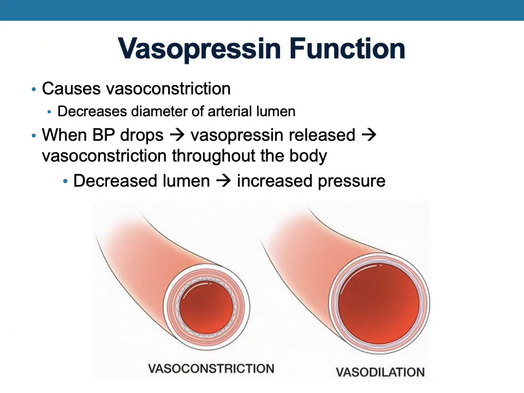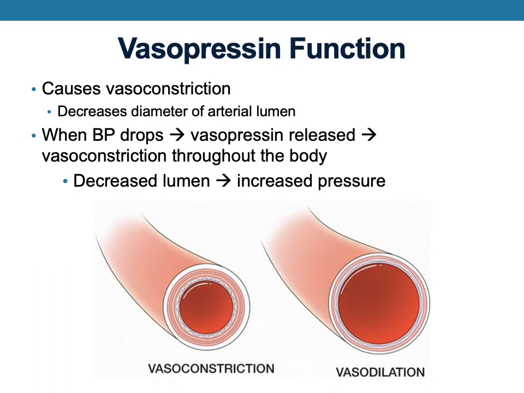The function of vasopressin is to cause vasoconstriction, which will increase blood pressure. Blood volume is directly proportional to blood pressure. If blood volume is low, that means body fluids are low. So when the hormone